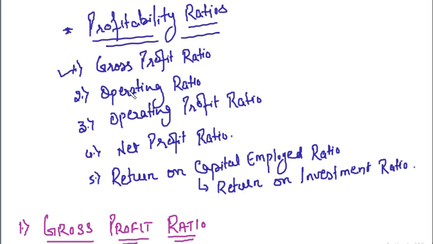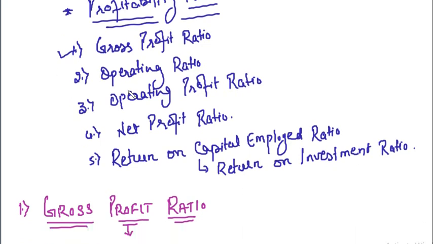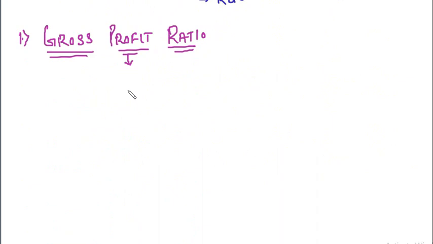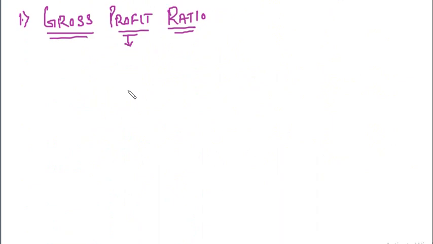Right? Profitability ratios help us in identifying whether we are earning sufficient profits or not, whether the resources are being efficiently used, and because of that efficient utilization we are able to generate sufficient profits for the business or not. Clear? So gross profit is what? Gross profit says,